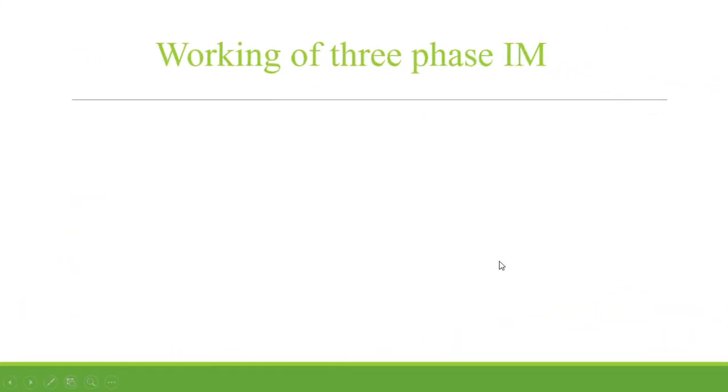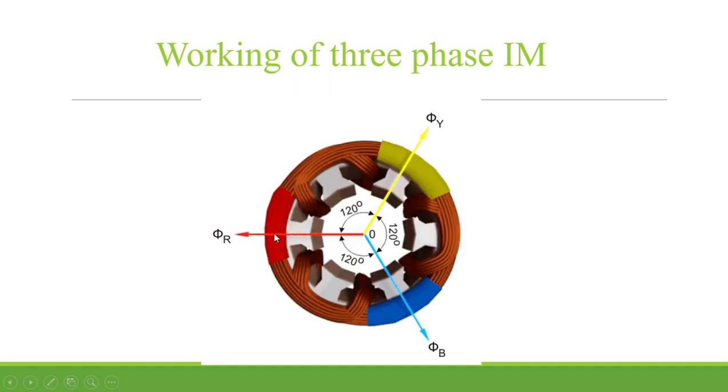Now coming to working of three-phase induction motor. We studied in the previous video how a rotating magnetic field gets developed. Consider this as the stator of the induction motor. It has 6 poles and there are 3-phase windings wound on these poles. The stator of the motor consists of this winding and it will develop flux at 120 degrees apart from each other from each phase. So this will establish a rotating magnetic field, and in the previous video we have seen this,